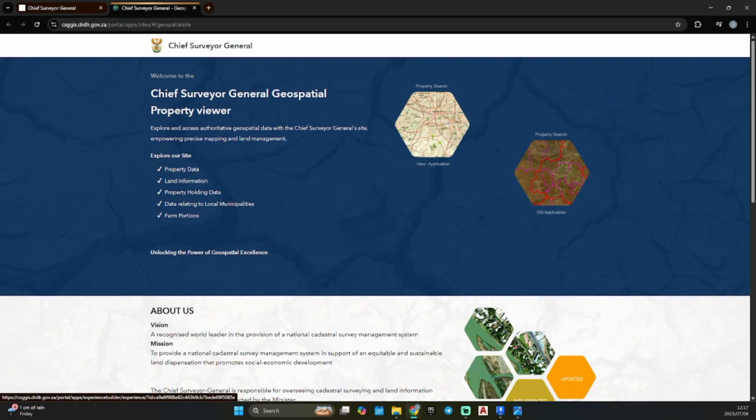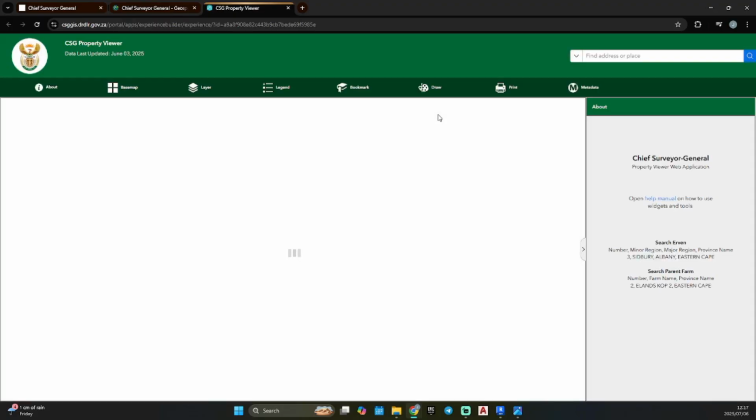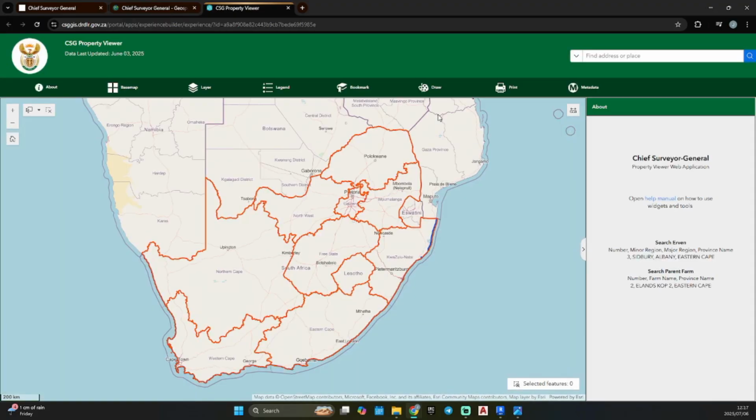Then you'll get to the Geospatial Property Viewer. We are going to do a new application, so just click on new application. Now you'll be on this screen.